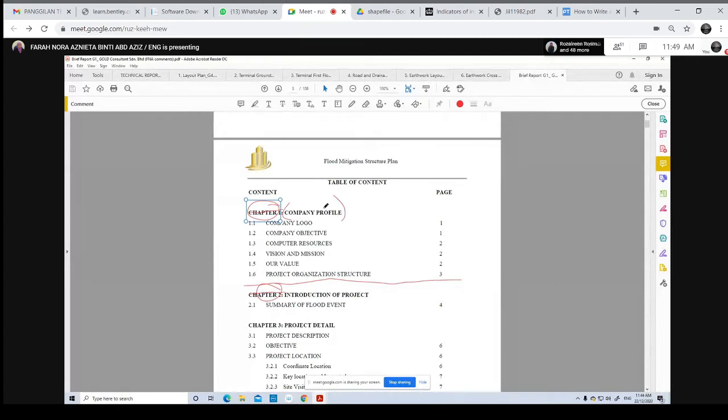Yang ni sangat penting. Sebab when we talk about technical report, we are referring to this most of the time rather than your report lah. So that's in your report, the important is what is the need statement of the project, and then as I said earlier tu lah yang report tadi tu. Okay, so